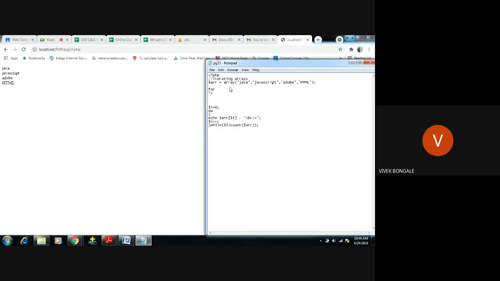For keyword, then in for first always with the initialization, first step, correct? Next condition, then increment.